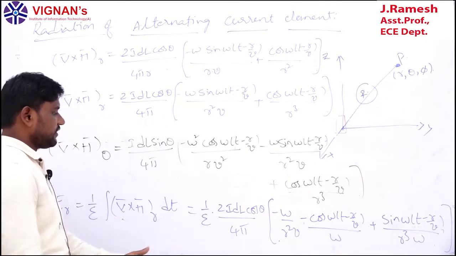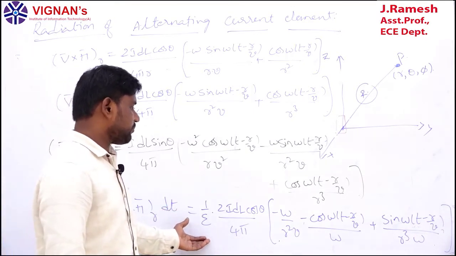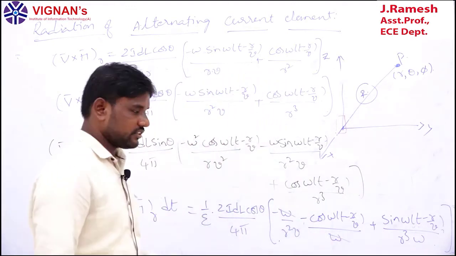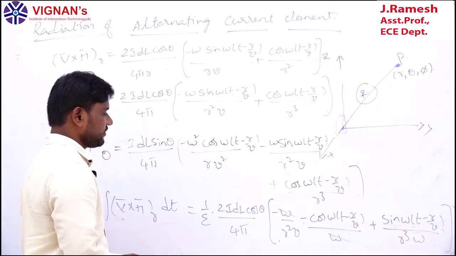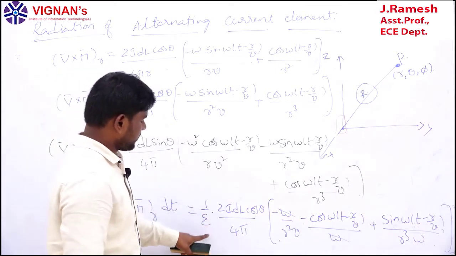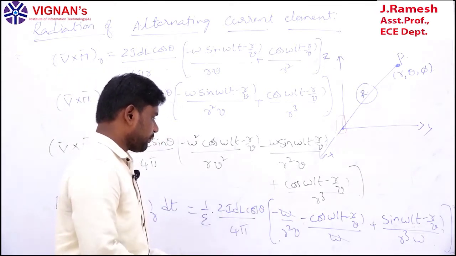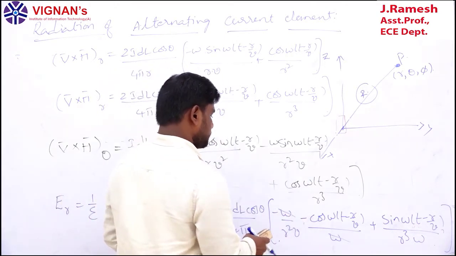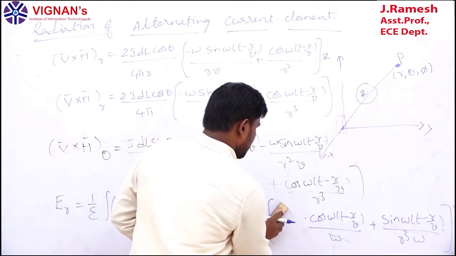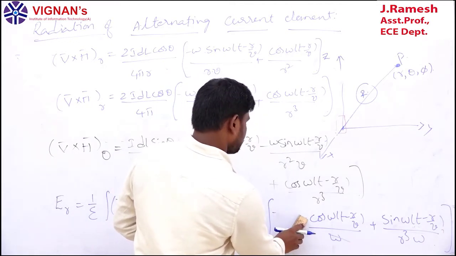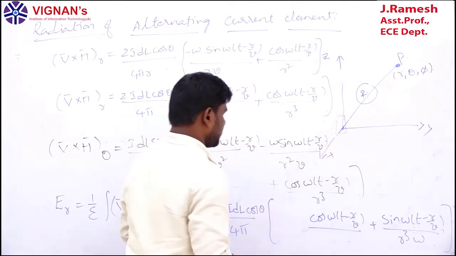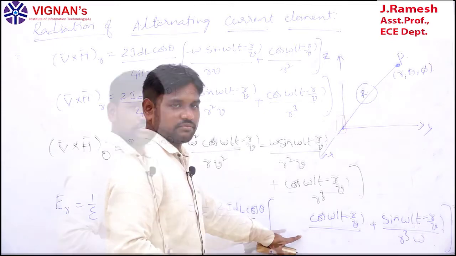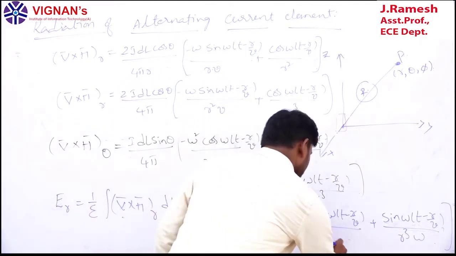If you simplify this, epsilon is the new term here, and omega and omega are going to be cancelled. Next, if you write the same expression, 1 by epsilon, 2 ideal cos theta by 4 pi. If you remove these two, minus into minus will become plus now. So now r square into, now omega gets cancelled. So simply I have only two terms. We have the term here, v r square.